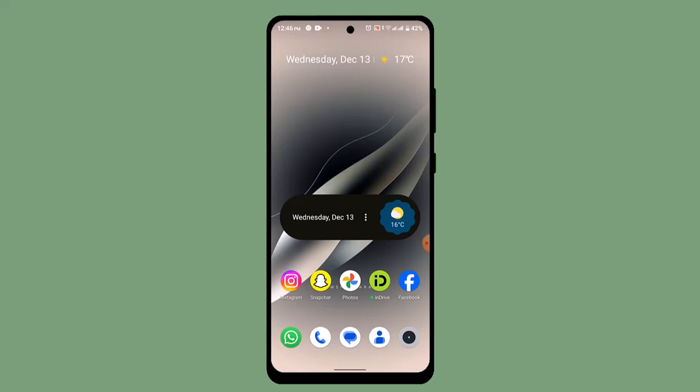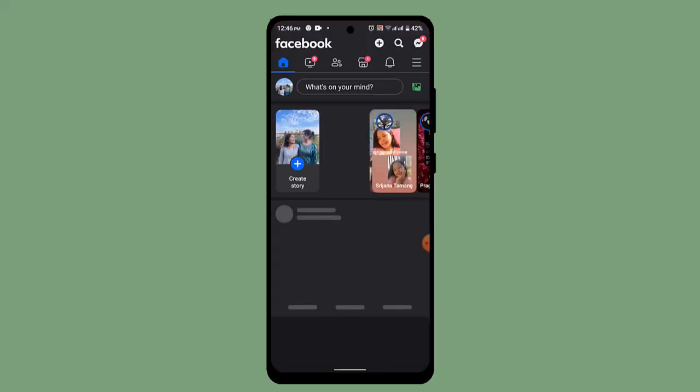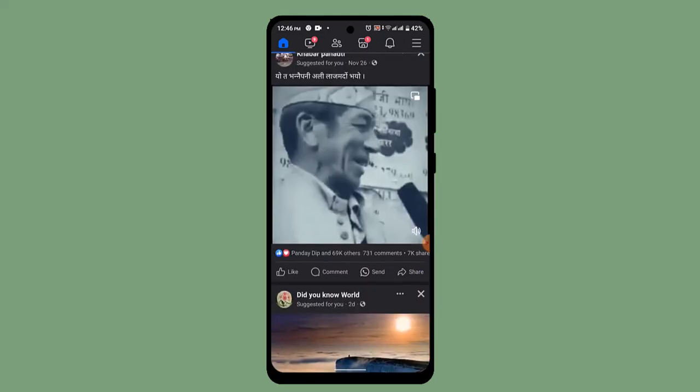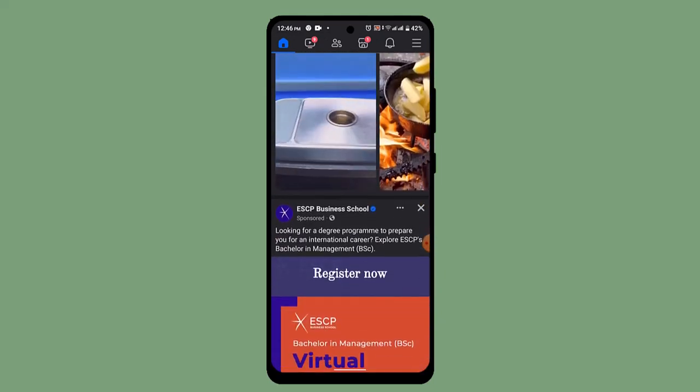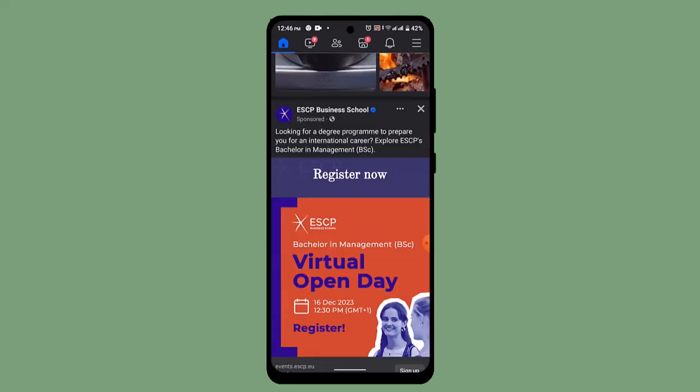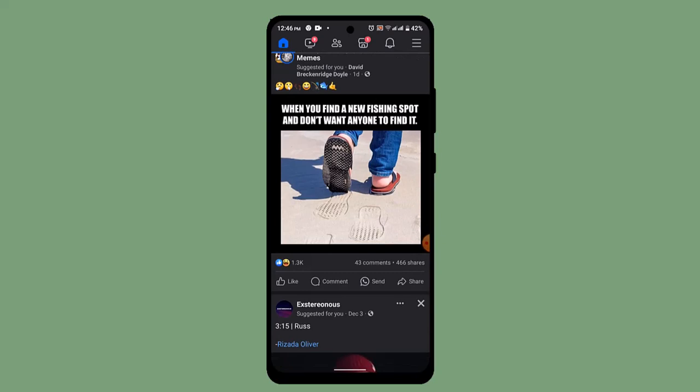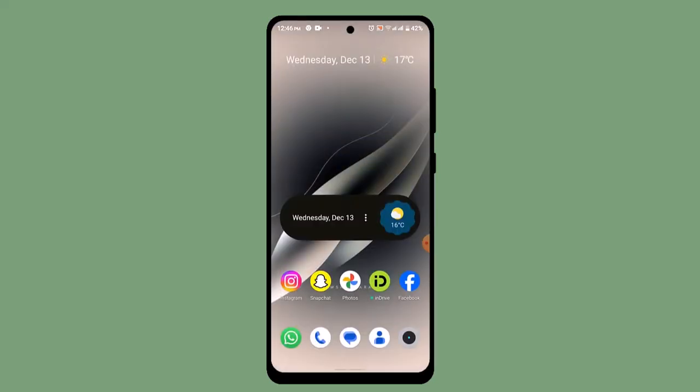Today in this video I'll be showing you how you can change font size in Facebook. So unfortunately there's no such way to change a font size on Facebook. So what you can do is you can simply customize or set it as default on your device. So if you go to your Facebook, then as you can see the font size is similar for all of these posts and contents. So in order to change your font size, what you'll have to do is you need